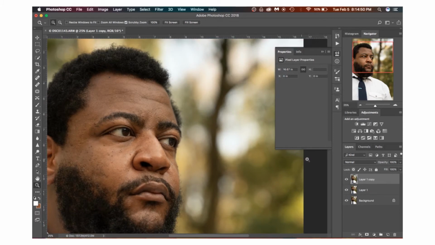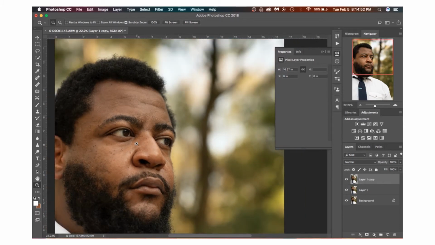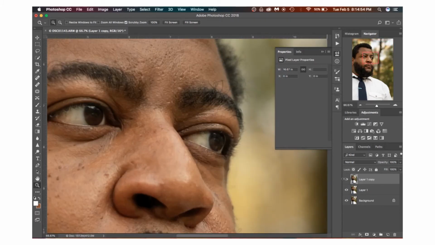I'm a little before and after action. Let's see how that kind of went. So that's the before, that's the after. Before, after. Super subtle, bringing a little bit of light to the eyes, and I kind of want to do it